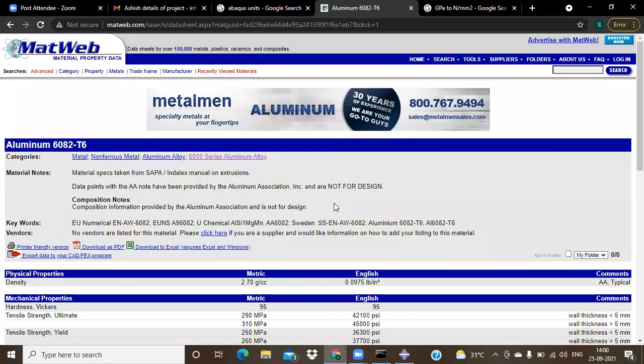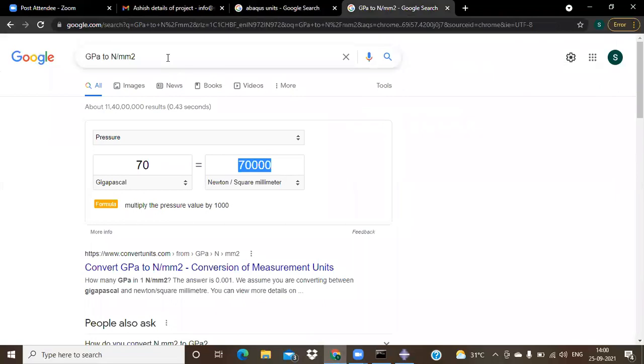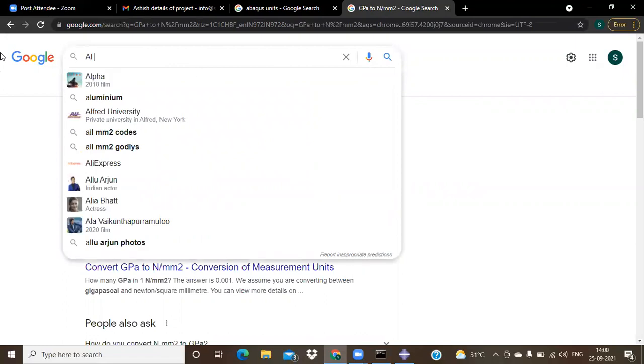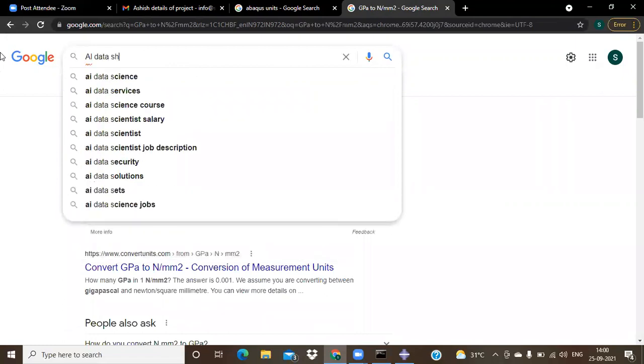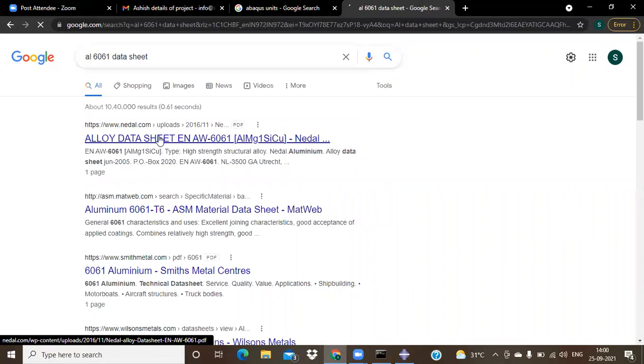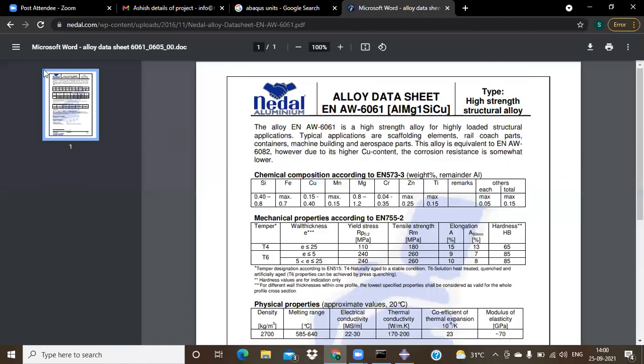get a data sheet of this, aluminum data, aluminum 6061, something we can copy as that particular data sheet. No, this information is not sufficient.